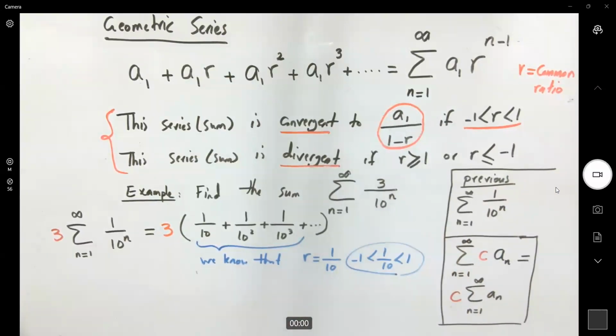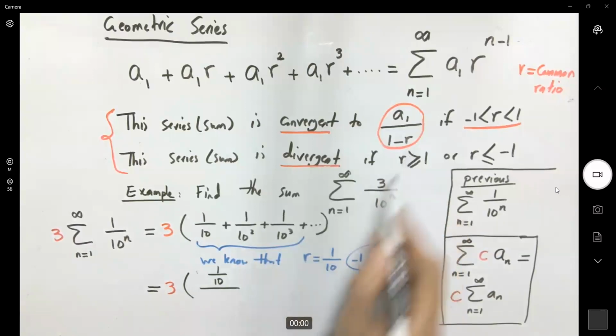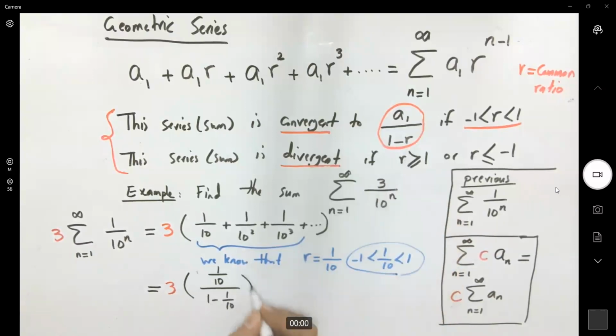Don't forget your 3. So this guy becomes 3 times, in parentheses, well, what is a1? a1 is 1/10, the same as before, divided by 1 minus 1/10, which is 3 times